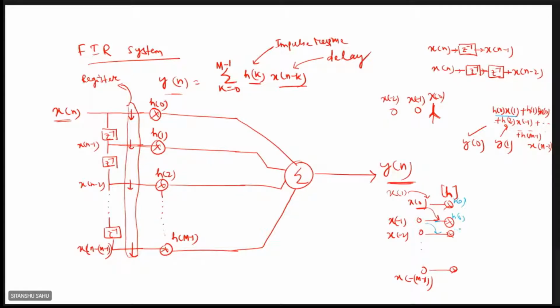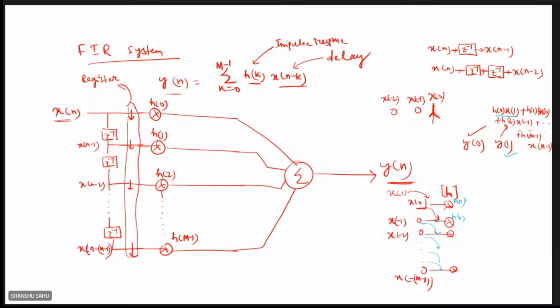It will multiply with h of 2. Okay. So what was there here? So it will come over here. So 0 will come over here, this 0 will come over here, this 0 will come over here, and what was over here will come over here, 0. Okay. So all zeros except the first 2 points. First 2 will be non-zero, and the rest of the points will be 0. Clear? Then you go and multiply, and that will give you y of 1. Clear?